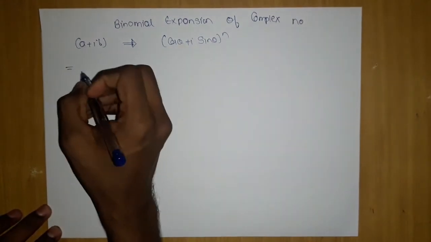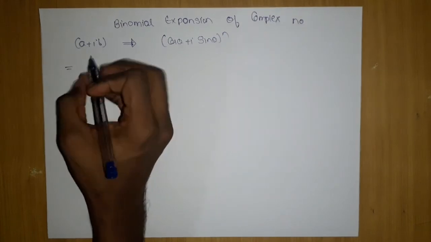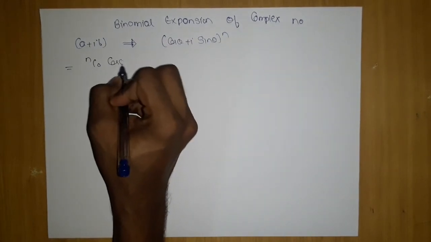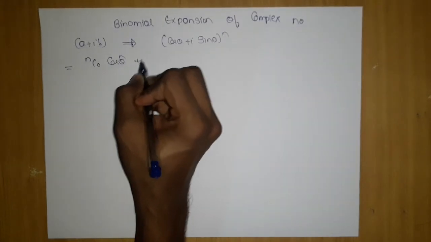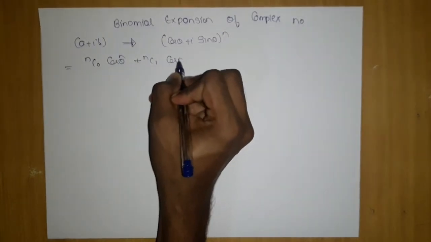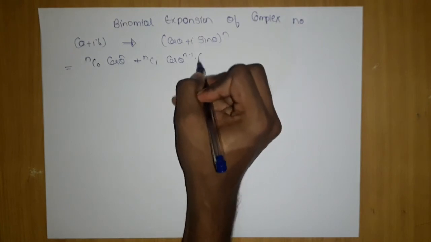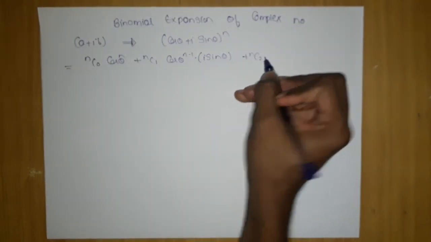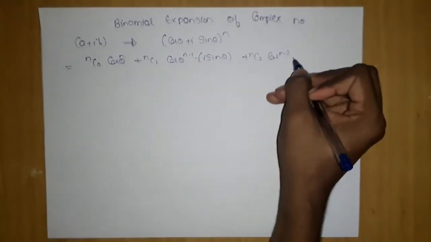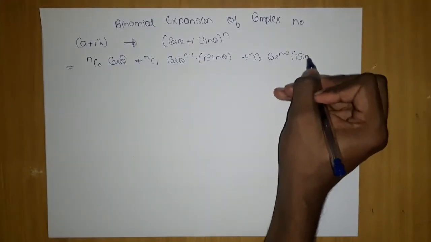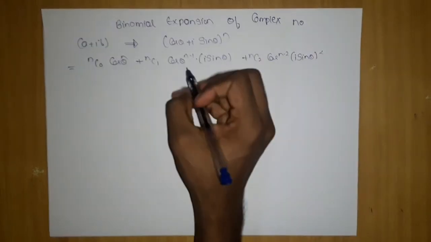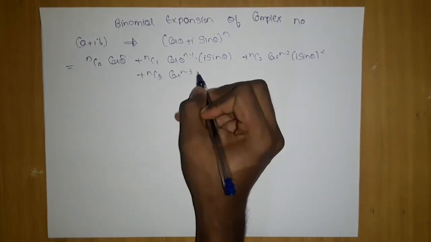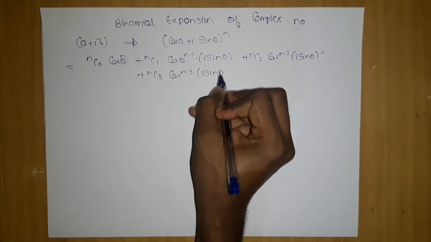Let's do the expansion. nc0 cos theta power n plus nc1 cos theta power n minus 1 into i sin theta plus nc2 cos theta power n minus 2 into i sin theta the whole square plus nc3 cos theta power n minus 3 into i sin theta the whole cube,